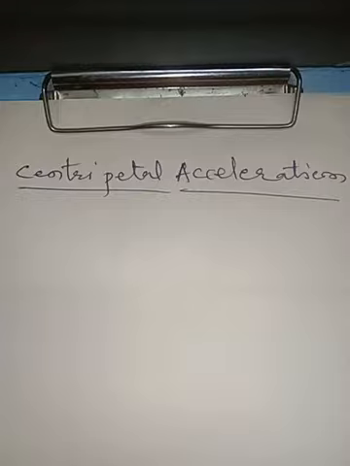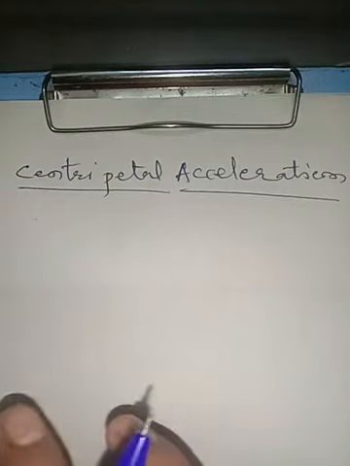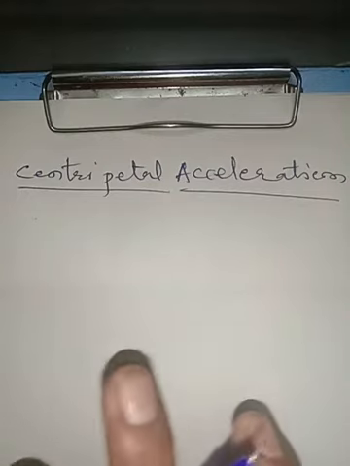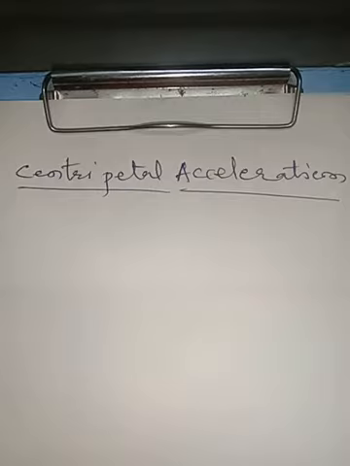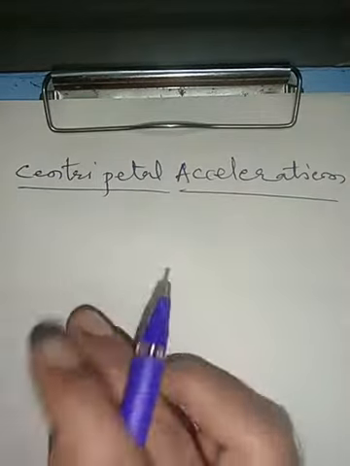इसका मतलब क्या है कि ये जो acceleration है ये कभी भी किस लाइन में रहता है? It will be acting along the radial line and always directed towards the center of a circular path. मतलब कैसे है? We will just see the diagram first. We have to derive this relation.